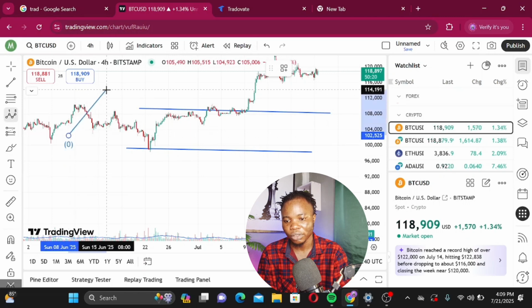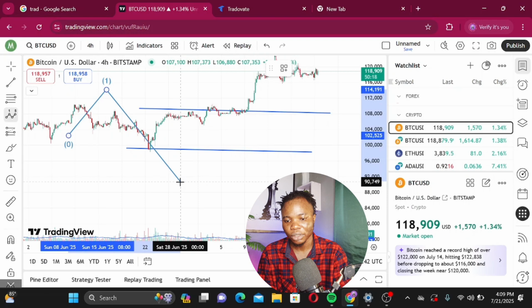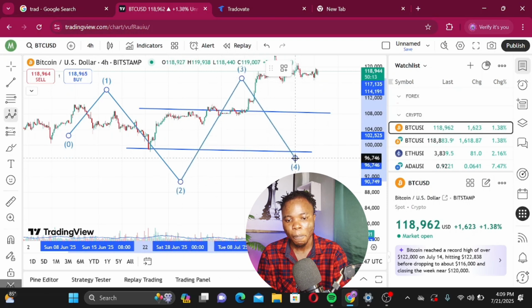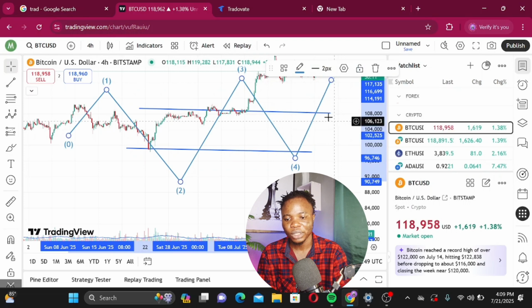stop, you tap on your screen. If you want to stop here, tap on your screen. If you want to stop here, tap on your screen until it becomes 5, right? So you can see it complete. You can always do it like that, right?